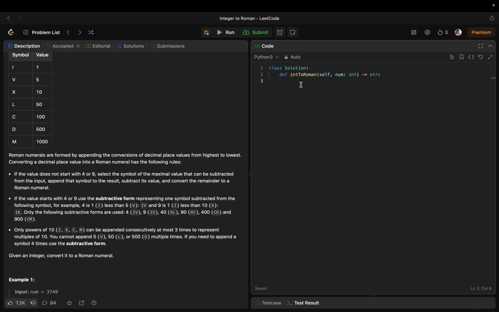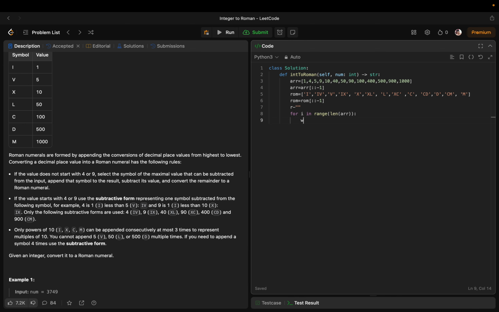So let's start coding. For that we need to initialize two arrays with the numbers and Roman numerals in decreasing order. However, I have created ascending order and reversed it. In order to not waste time, I have just pasted the code. Firstly I will store the value which we return as an empty string. I will iterate through this array, for i in range of length of the array,